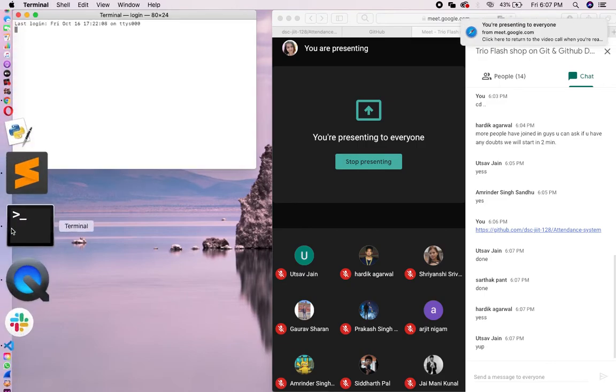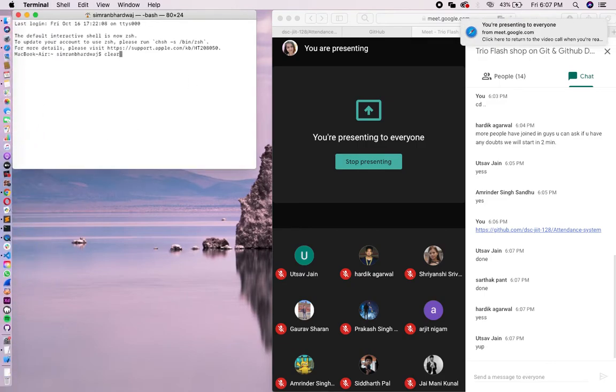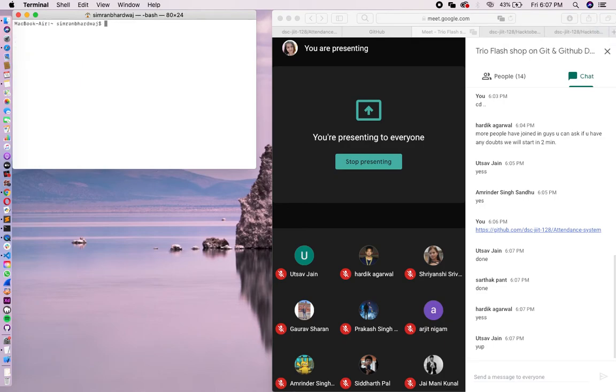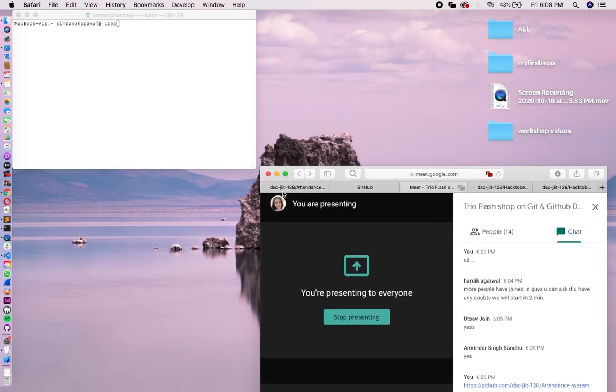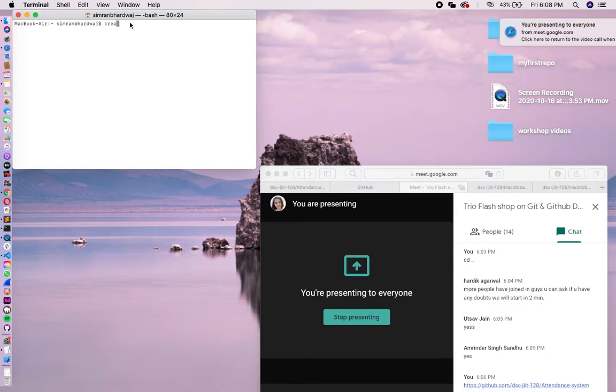Okay, so you just open your terminal now, or your git bash. So firstly we are going to create a folder where we will be keeping the code of this repository, or where we will be cloning the code of this repository on our system, so that we can see what exactly this repository is all about and what is all the code inside it. So let's just change our directory to desktop, and let's create a folder over here. Let's give it a name, Hacktoberfest.